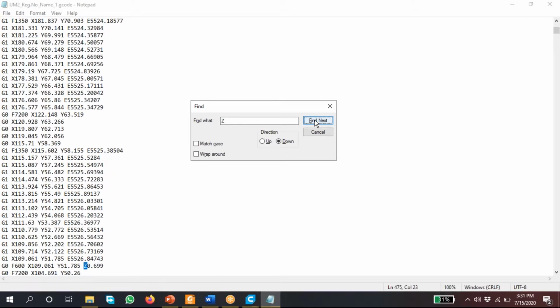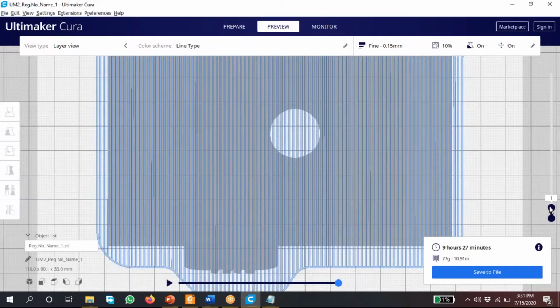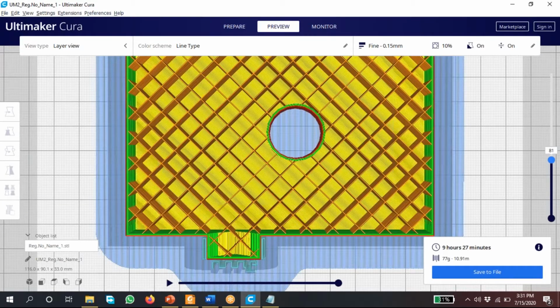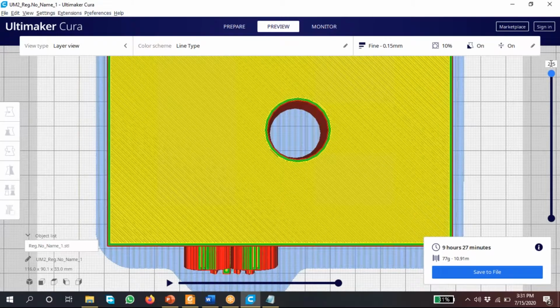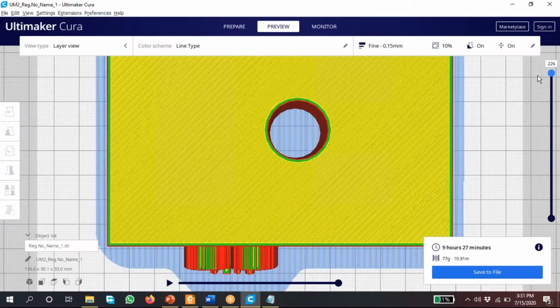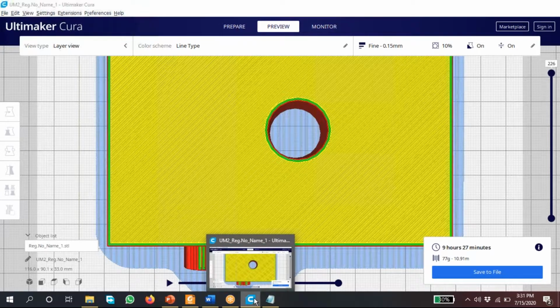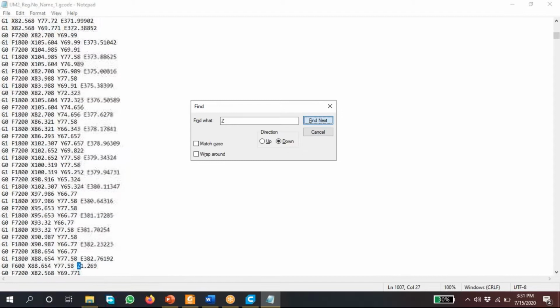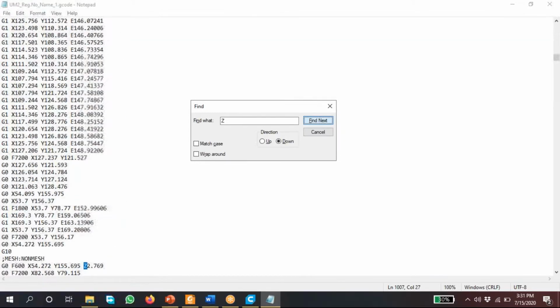Like this, 226 Z values are there. You can search it like this, till Z completes the top layer.